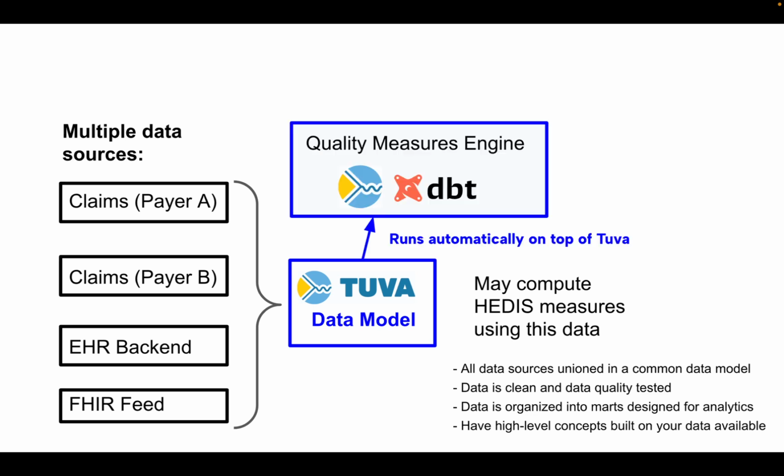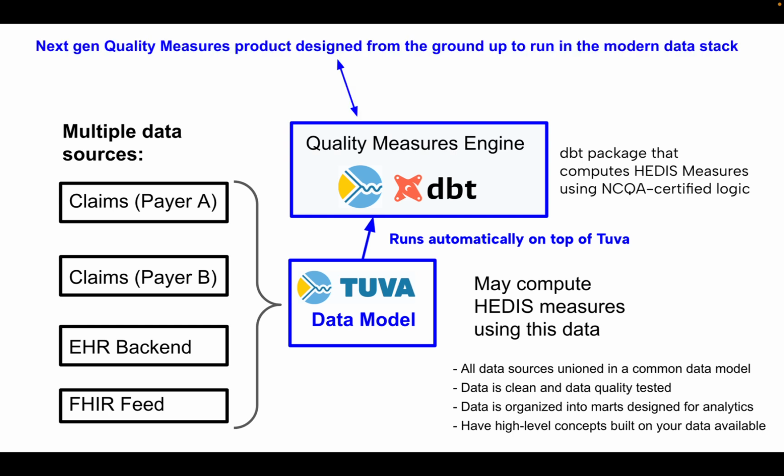And so the Quality Measures Engine is a product that at its heart is a DBT package running on top of the Tuva data model. So if you have your data in Tuva, you can use the DBT package to compute HEDIS measures using NCQA certified logic. Now, this is a next-gen quality measures product that is designed from the ground up to run in